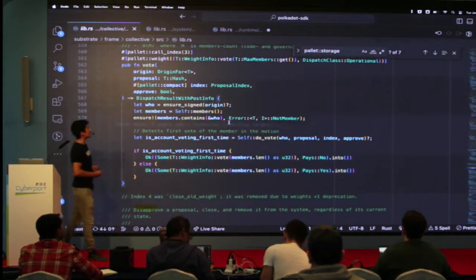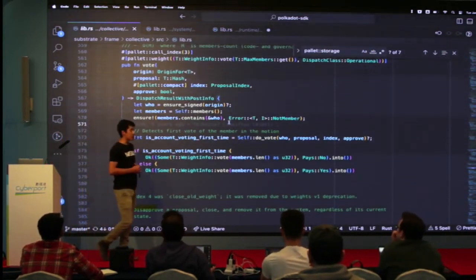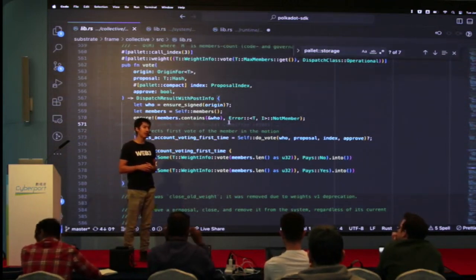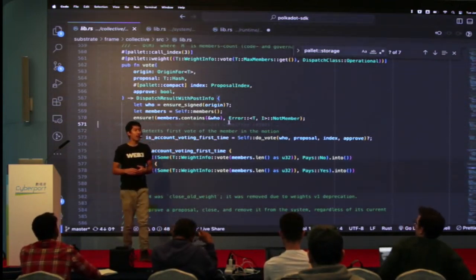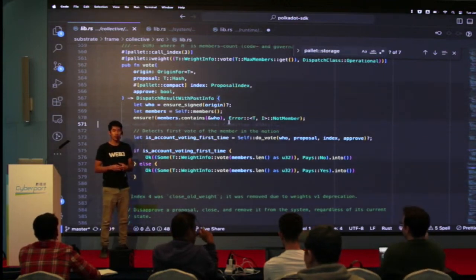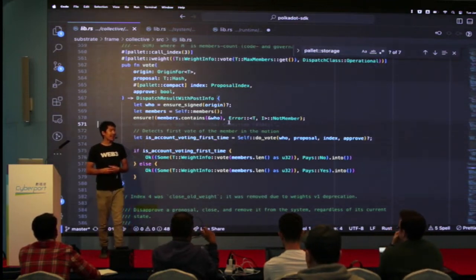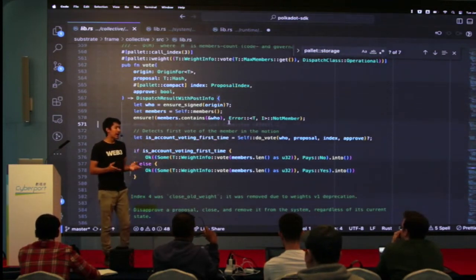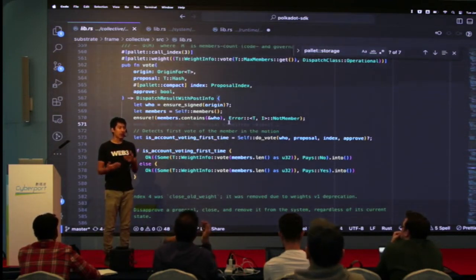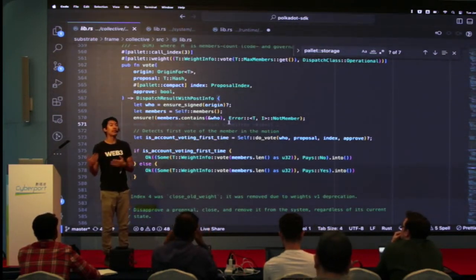So this is using the collective pallet. This is not so relevant today. I don't think we're necessarily using collective. I think maybe the fellowship is, but before we had OpenGov on Polkadot, we had a council-based governance system. I don't know if you're familiar with that, but basically the council members were like 10 or 12 individuals that were helping decide where the treasury funds were going, to allow some initial, easier seeding